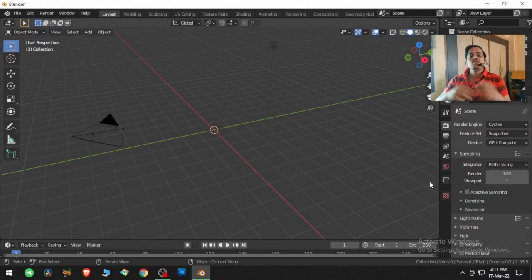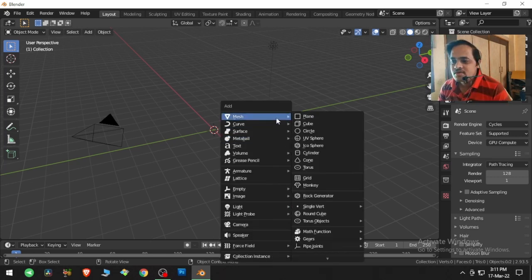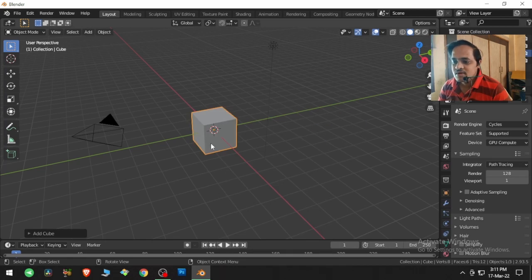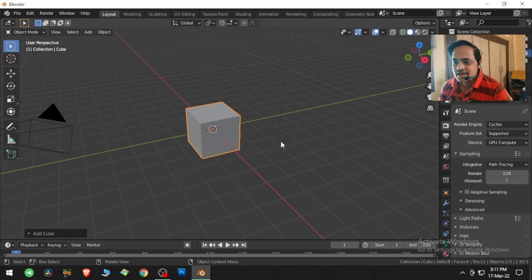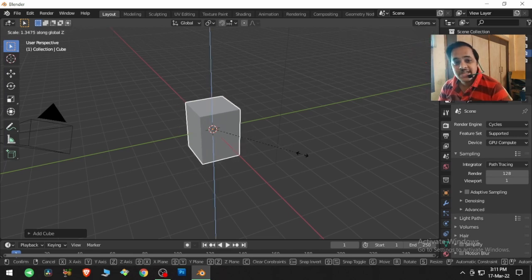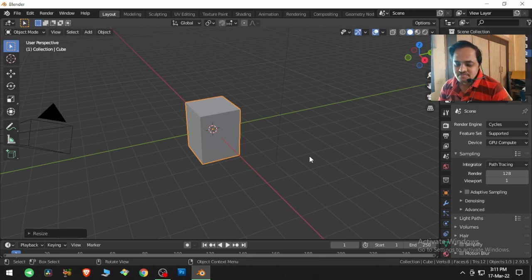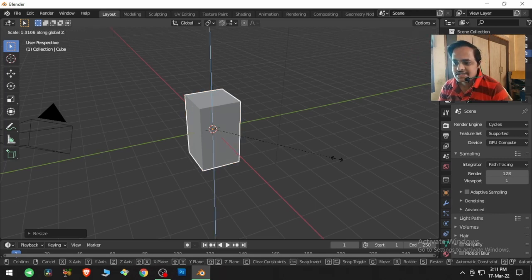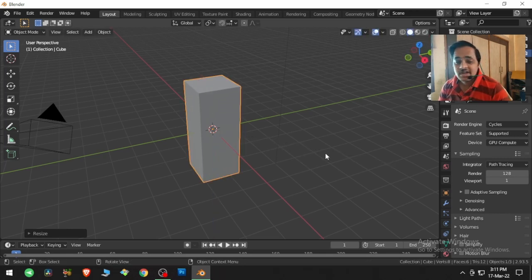Well, let us see what is the next best thing that Blender has to offer us. With that being said and done, let me add a cube. Go to Shift A and the mesh, and then we will add a cube and we will scale it by tapping S to scale it and tapping Z to scale it on the Z axis. So I will scale it on the Z axis a little bit more so that I could show you one of